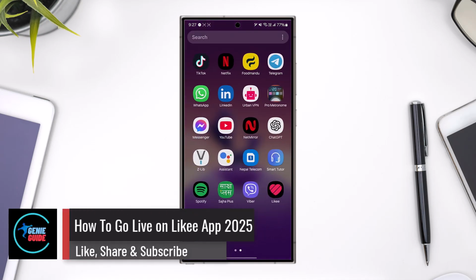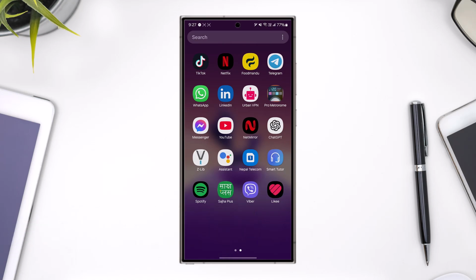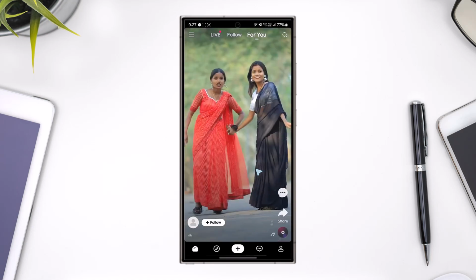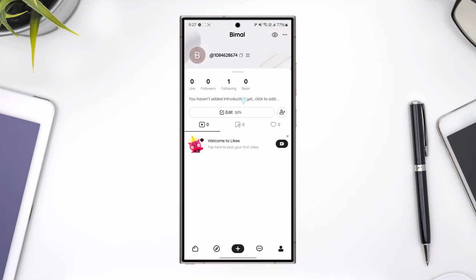Now, it is very simple and easy and straightforward to go live on Likee app because unlike the TikTok app or other applications where you need a certain amount of followers or a threshold to reach a number and only then enable the live option, Likee does not restrict you for that. You can go live from any type of account. For example, you can see my account which I just created, which only has one following and 0 followers, but